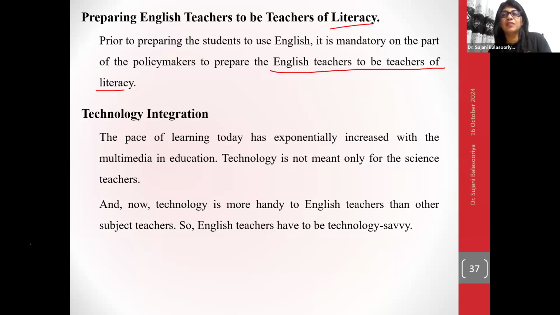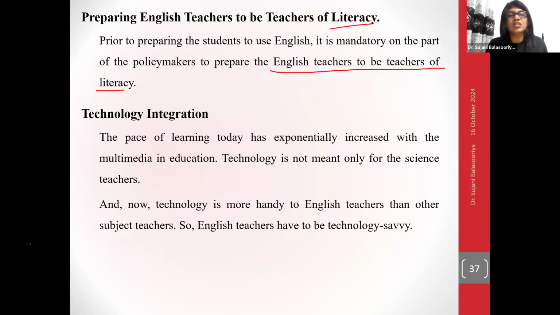The point is actually we are talking about the quality of the teachers now. So before we try to teach the students how to use English, actually the teacher should be literate enough, competent enough, right? And also the teacher should make sure that they have the proper skills, both productive and receptive skills, in order to be eligible to teach the students these skills. If they lack the skills, then there's a problem regarding their quality, right?